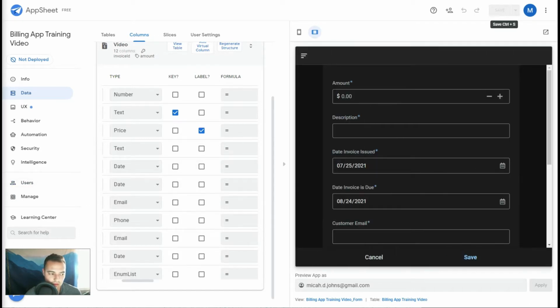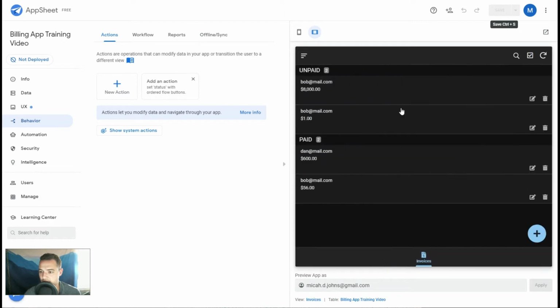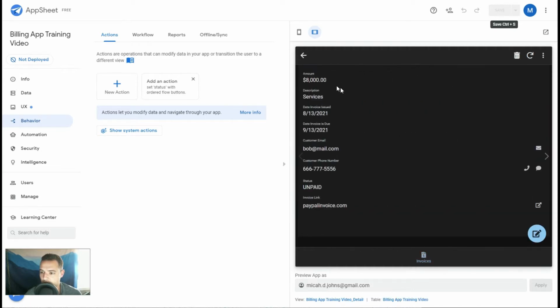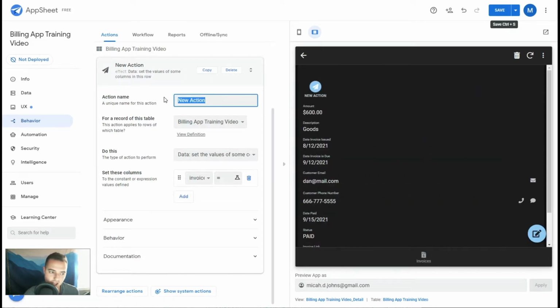So let's go ahead and move on from that, now that all of our data is officially conditioned, which I thought in the last video was, but let's move on. Let's go to behavior, and we're going to add an action, because we're going to get that crispy ability to go ahead and email people with a click of a button. So new action, and we're going to say something like